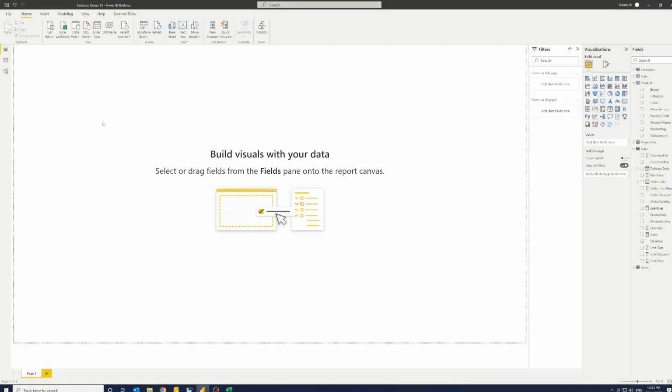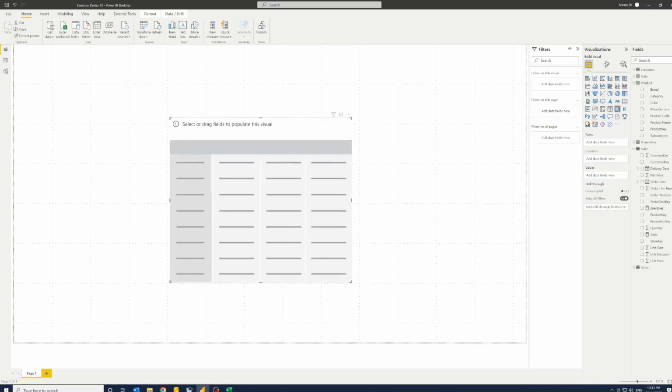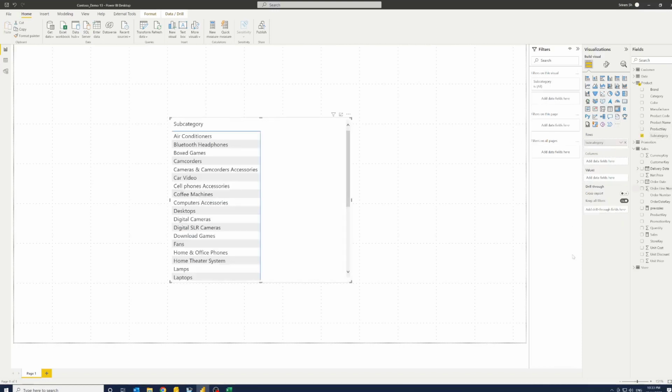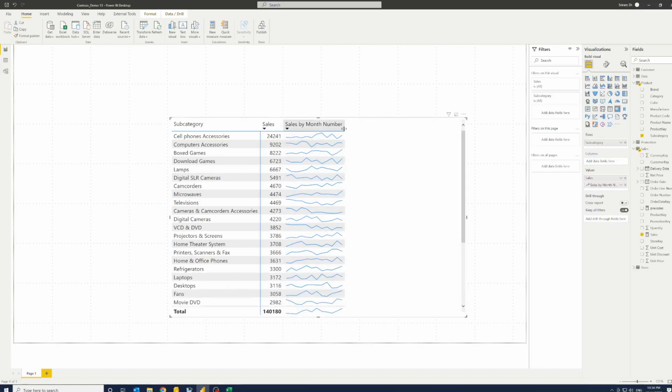So let us first look at the Sparklines in Power BI. Let us go to the Power BI desktop, and what we'll do next is click on the matrix visual. We'll add subcategories to the rows section. We have the measure sales in the value section, and then we just right click in the values and add a spark line. Now the y-axis is fine. For the x-axis we'll just go to the date and select month or even month number. It doesn't matter. Just say we'll select month number and press create,